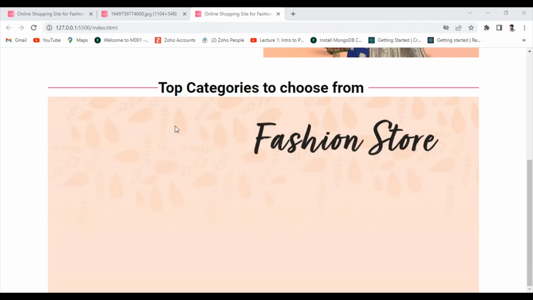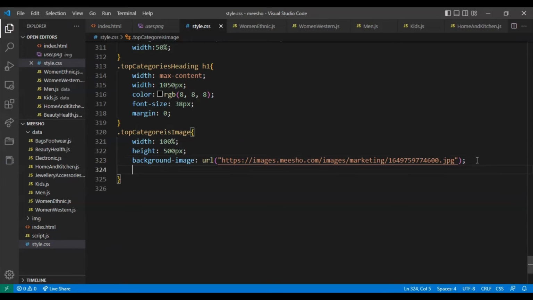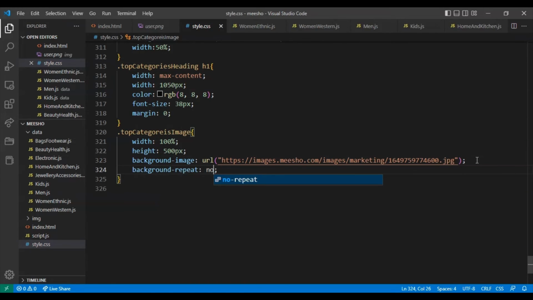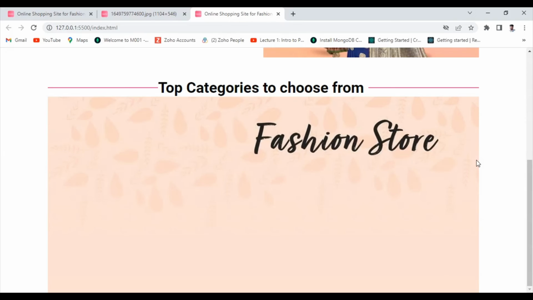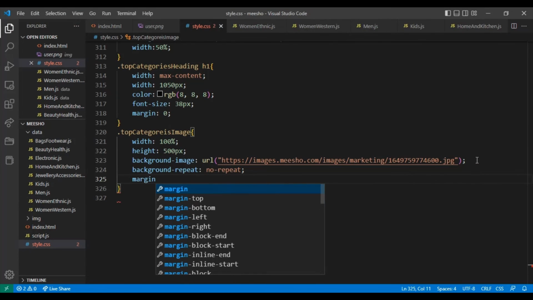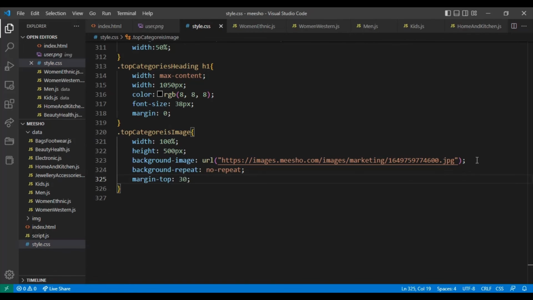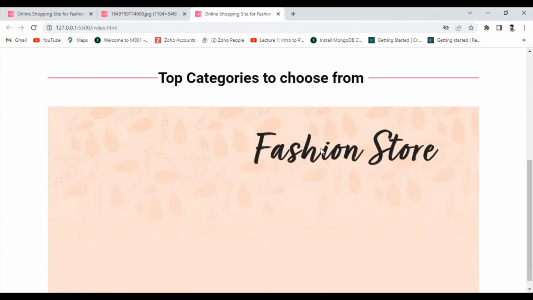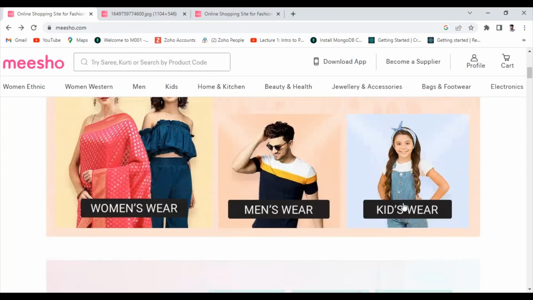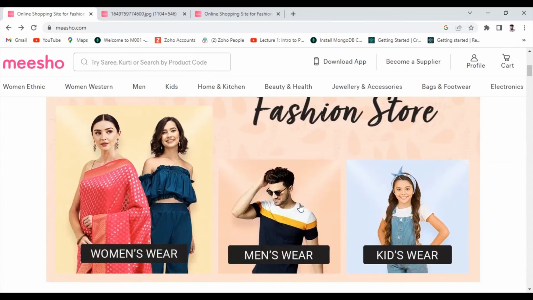Inside that I want to insert, before that I want to give the background repeat, no repeat, and now this much is okay, and margin top 30 pixel. Let's see, we give 50 pixel. Now this much is done, and like this you want to add all these images. Just copy this one, right